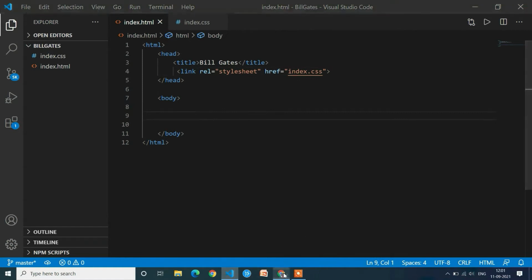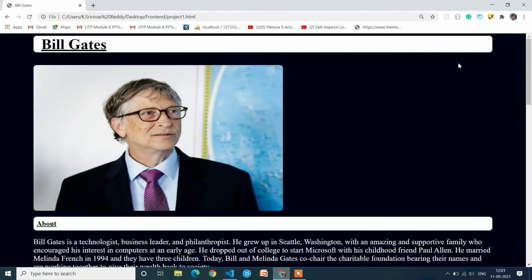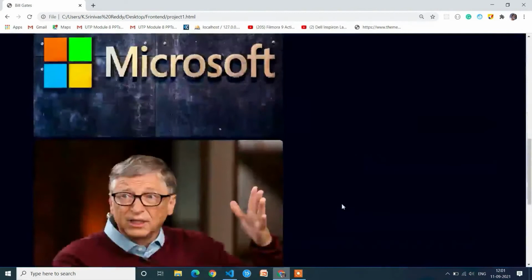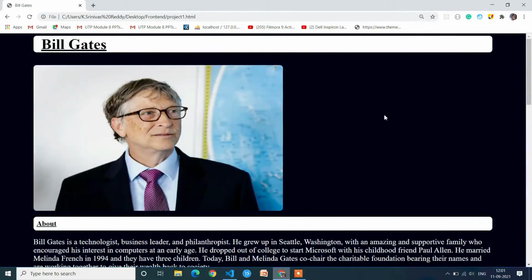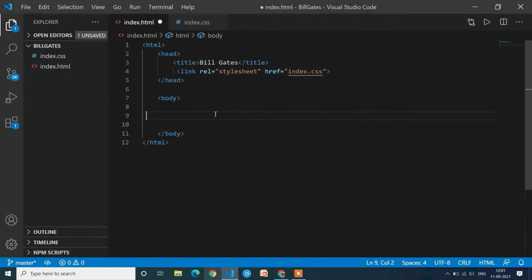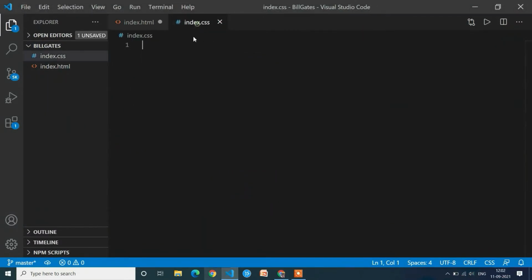So if you observe the project, the first thing we have to do is add background color to the web page. If you observe here, we have some of the blue background color. So I will add the blue background color to the HTML body. So first we have to open the index.css. We have to add the background color to the body. Body